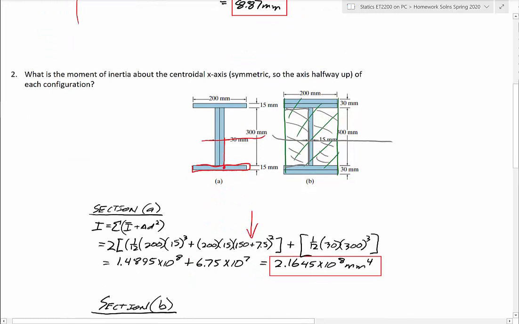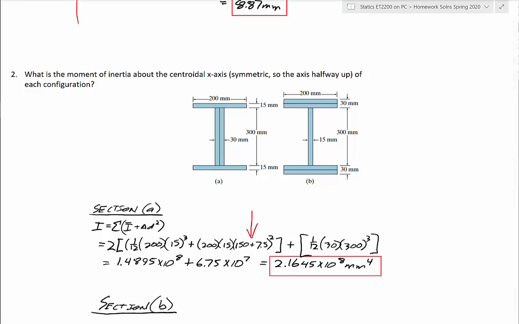The second one, it says, what is the moment of inertia about the centroidal axis? It is symmetric, so I know the centroidal axis is halfway up of each one of these configurations. Now, there's two ways you can do these problems. One way is to use parallel axis theorem. This is the way I did the first one, and I treated these two bars or these two parts of the web as one piece, and in essence, I'm calling those two outside pieces shape 2,